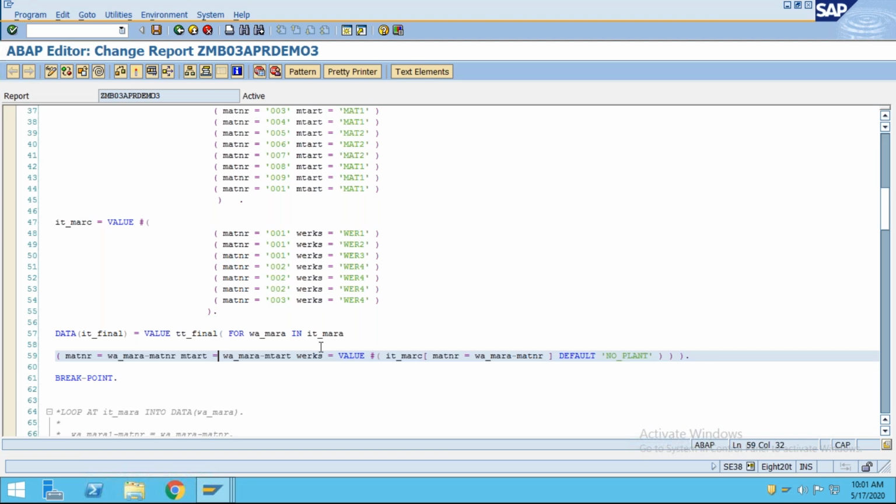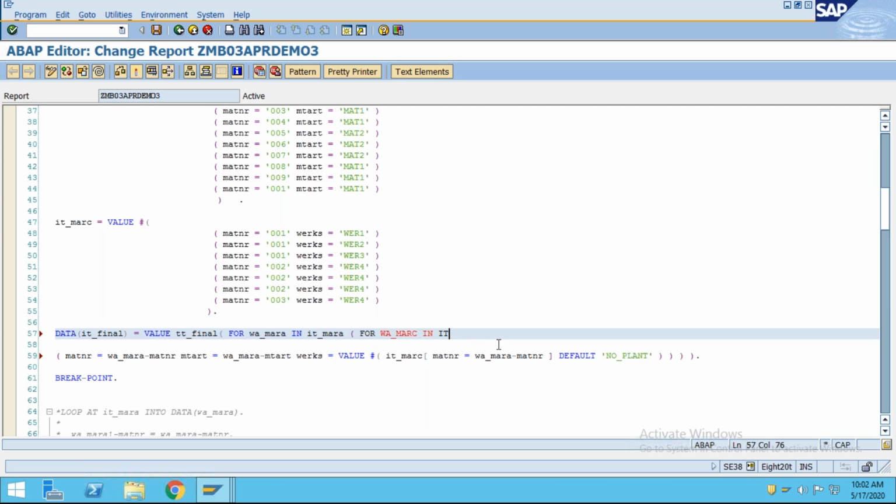How we can get that, we'll have to think. So just think yourself also. In the next class I will show you how we can get multiple plants. Actually we'll have to use another loop, okay, and one by one we have to put this material number, for WA_MARA in IT_MARA, and again you have to give one more bracket, and then you have to give over here for WA_MARCY in IT_MARCY,